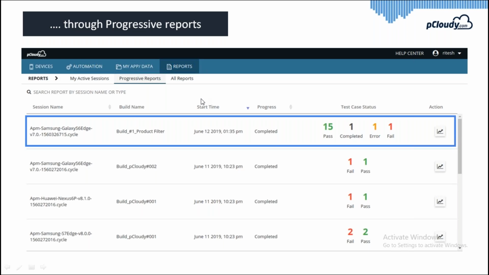Those who are already using pCloudy will find it pretty familiar. Of course, this progressive report is something new even for them, but the other stuff is pretty much the same. So in the reports folder, we have progressive reports, and here you can see the list of results for the different builds. The one we are taking as an example is for the Samsung Galaxy, where we have a result for the test which we ran using build number one